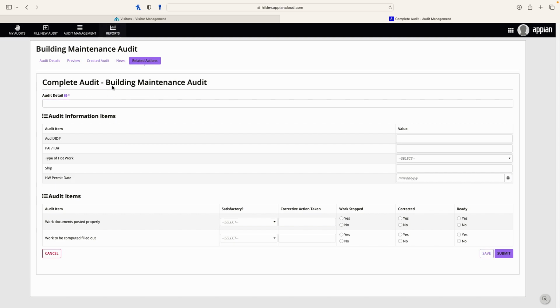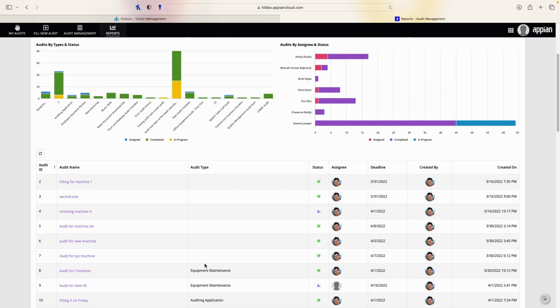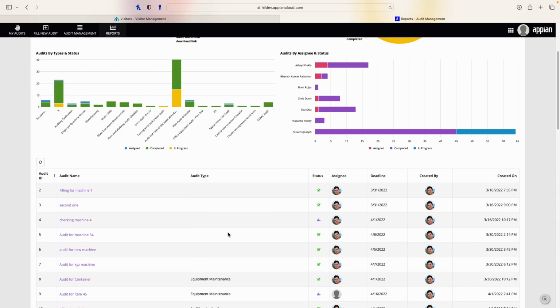Lastly, Audit Central comes complete with reports. In each one of these reports, we can see all the different data elements, the different types of audits that are within the system, how they stand in their status, who's assigned to them. Again, we can see audits by type and status, so we can break it down this way. And then finally, I have a full list of all the different audits that are happening within this particular